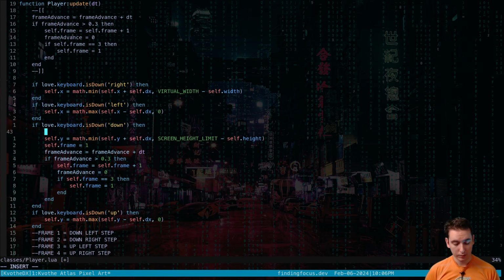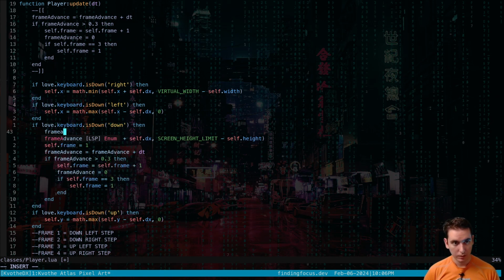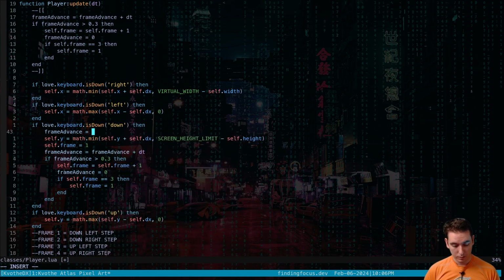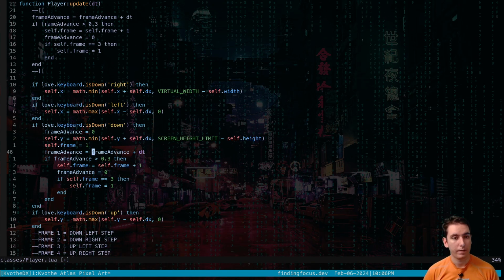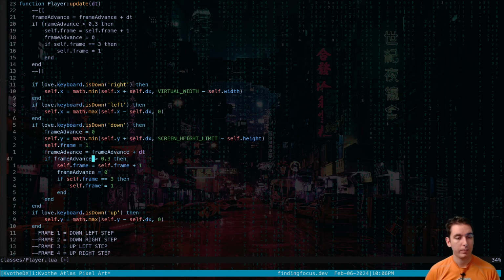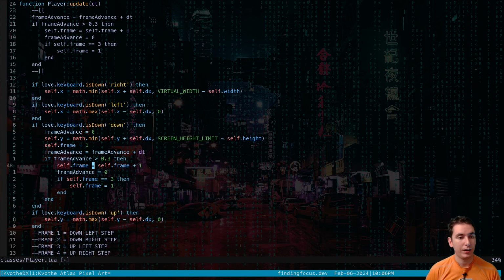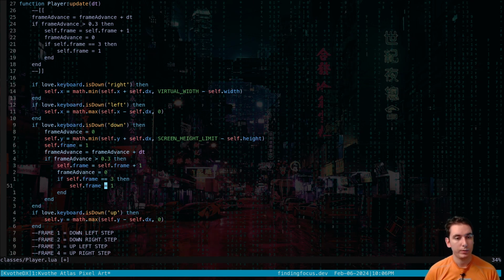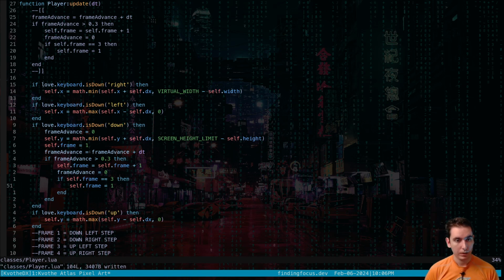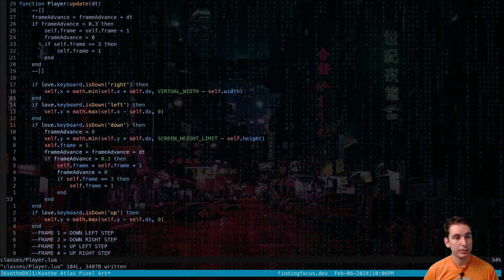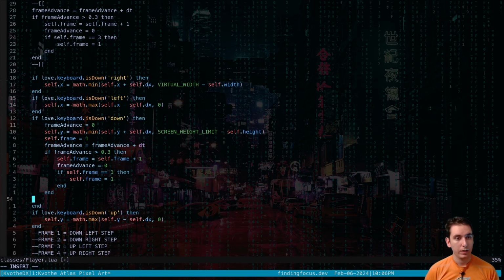Yeah, I feel like the first thing we want to do is flush our frame advance. And then we're gonna do all of this stuff. And we're gonna up our frame, and then if we get 3, we go back to frame 1. So if down is down, we're setting our frame. And then we can say something like, otherwise, if down is not held, then,